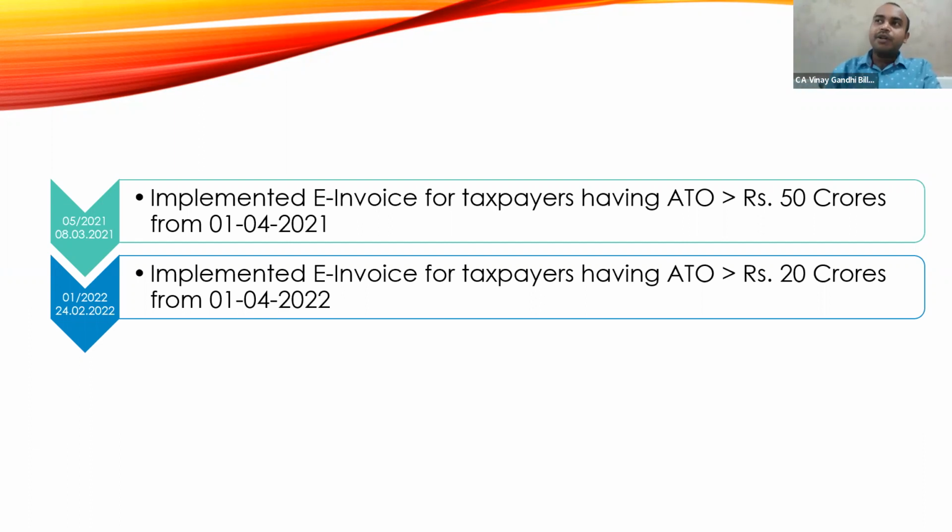This is very, very important, because many people may say that in 2021, since it was the COVID-19 lockdown period, the turnover is less. But I have to check from 17-18, 18-19 also. If my turnover is more than 20 crores, and now the businesses are being normalized, so if the turnover exceeds 20 crores in any of these 5 years, 17-18, 18-19, 19-20, 20-21 and 21-22, I have to compulsorily start issuing e-invoice from 1st of April 2022.